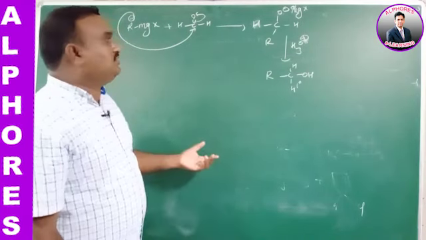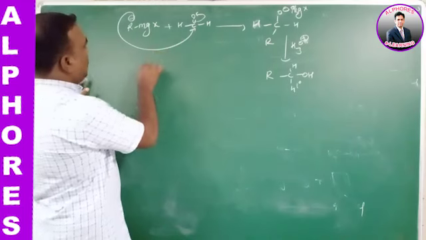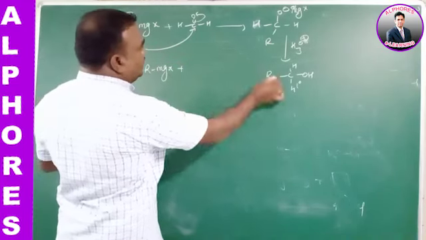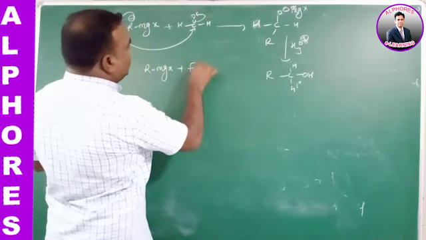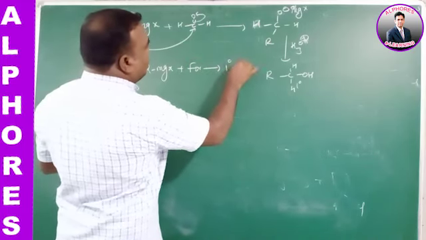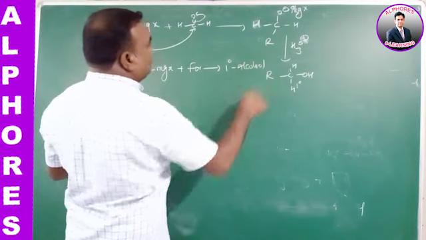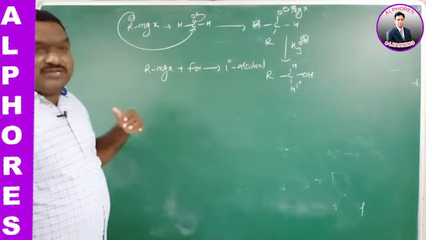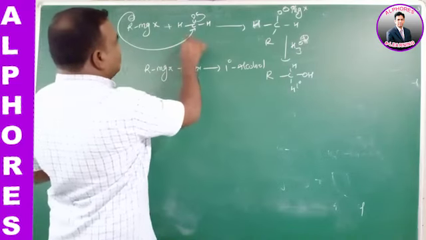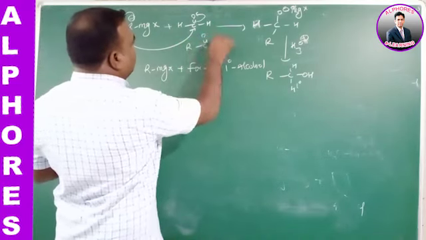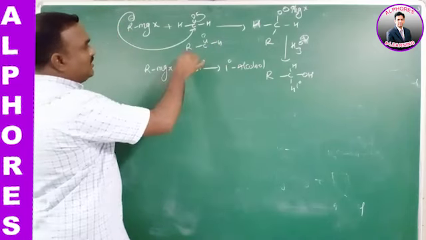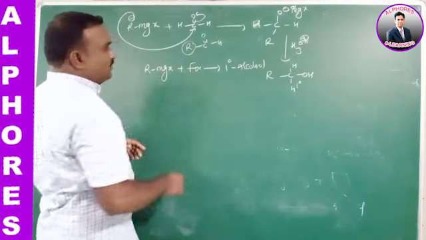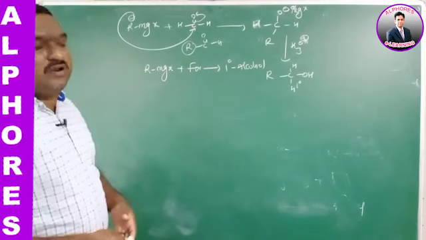This is the way to write nucleophilic addition reactions. So the RMgX compound reacts with formaldehyde to form the primary alcohol. If you change the formaldehyde connectivity, suppose another aldehyde is given, meaning RCHO. The reactant already has an R group, and we are going to add another group. It converts into what? A secondary alcohol.